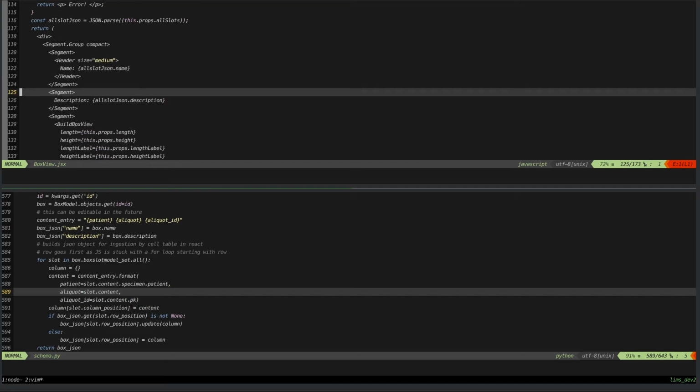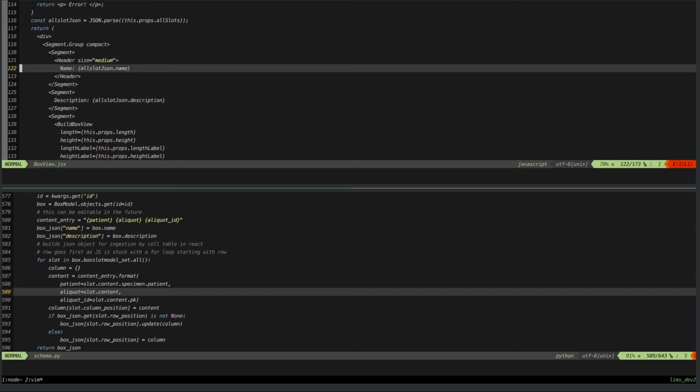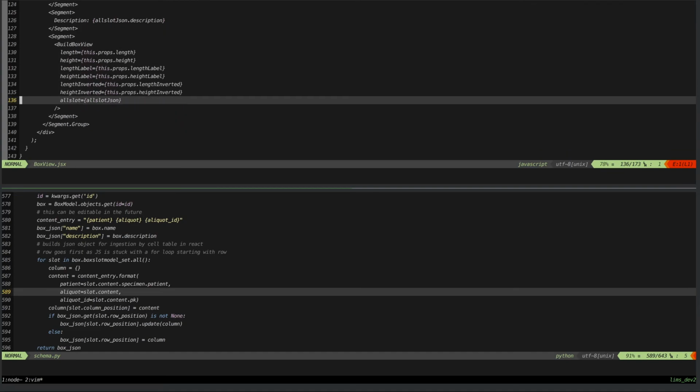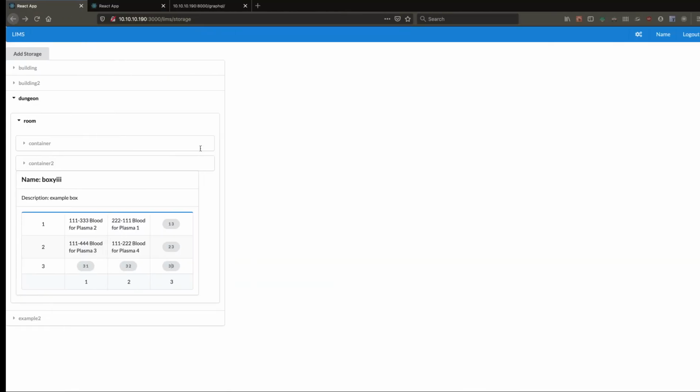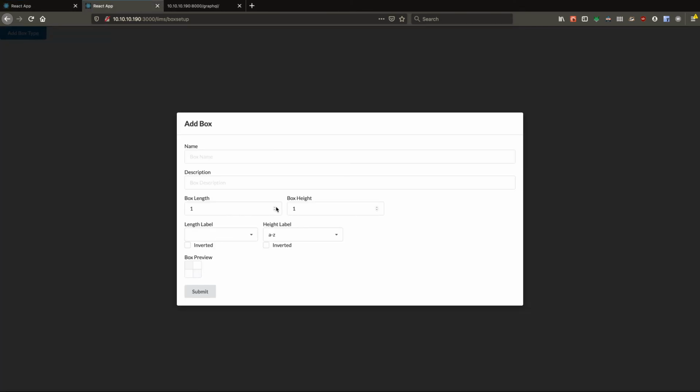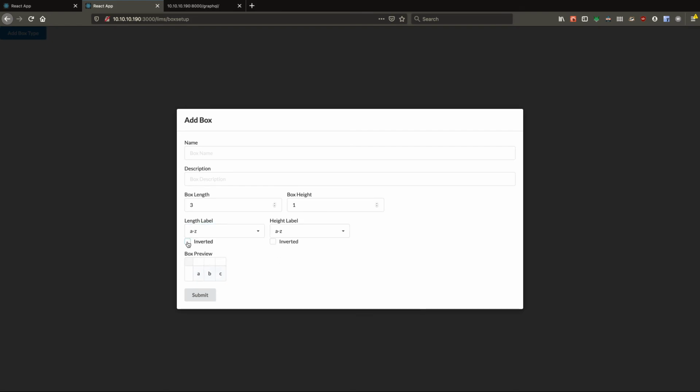Anyway, the way it all renders out is name. We're just calling the name, description, and then we're building the box with that ugly code I showed you above. And that is a box. Again, I'm happy with the way it looks, especially this box setup thing. I like that it does its neat little expandy thing,